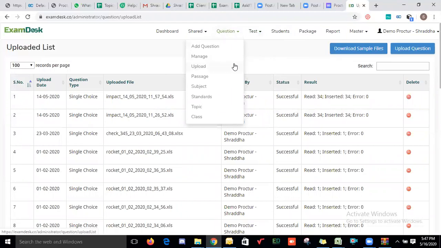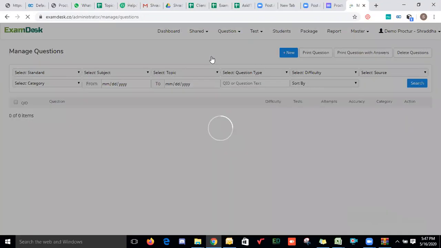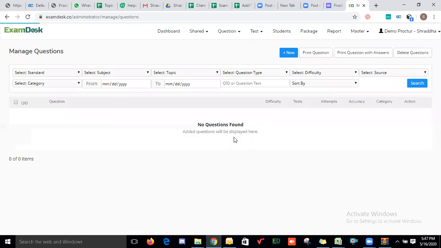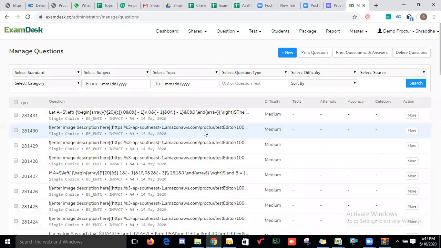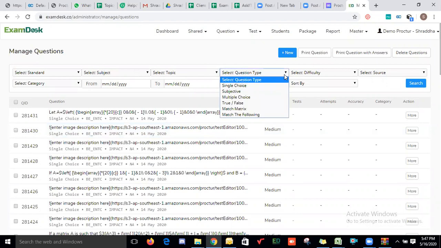Here we have one more option introduced. Whatever total number of questions are present in the examiner account, based on those questions, you can apply the filters, and you can check that from the manage field in the question drop down. So all the question list will be available over here. The entire question list will be shown on the same page itself, but depending upon the standard, subject or topics you are trying to search, you can apply the filters.